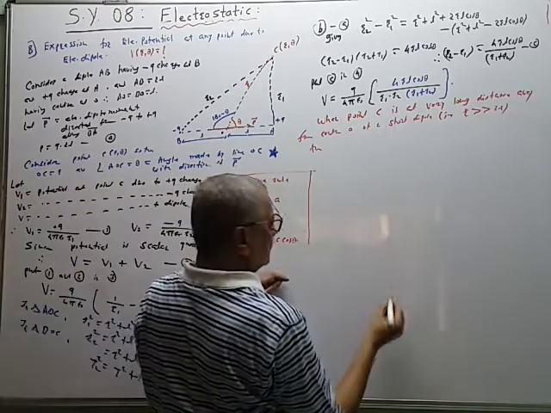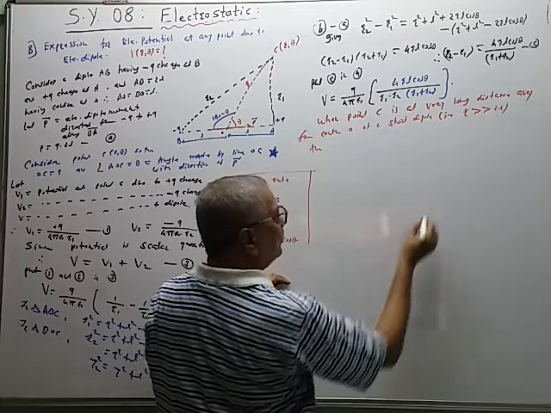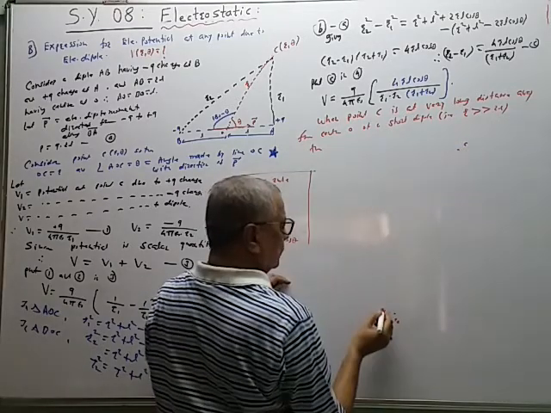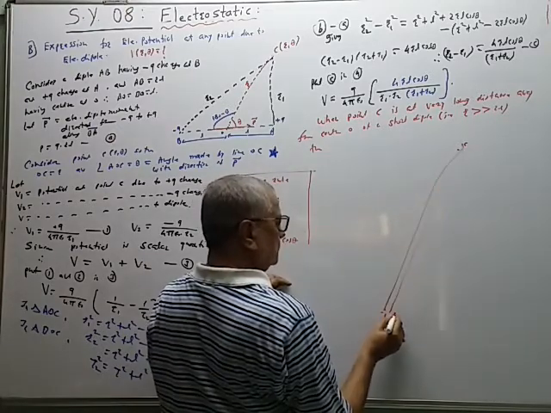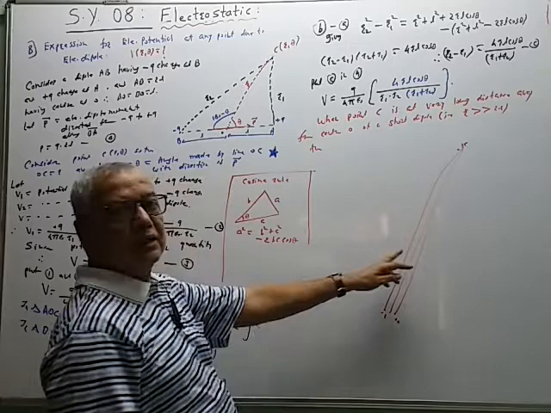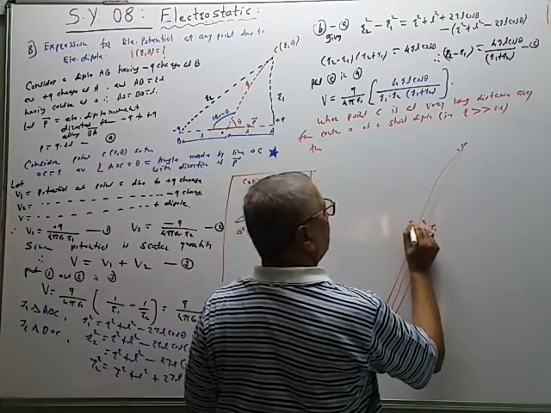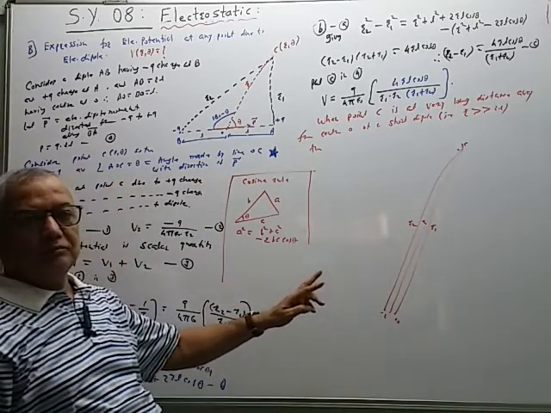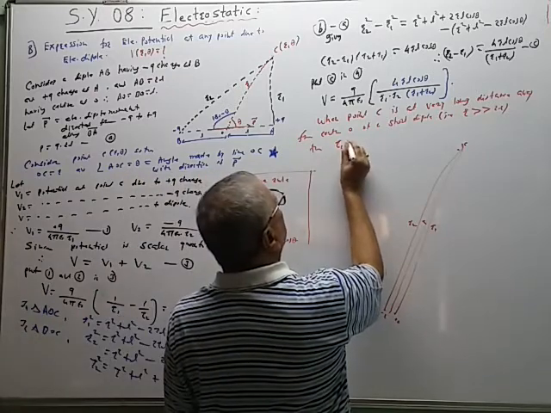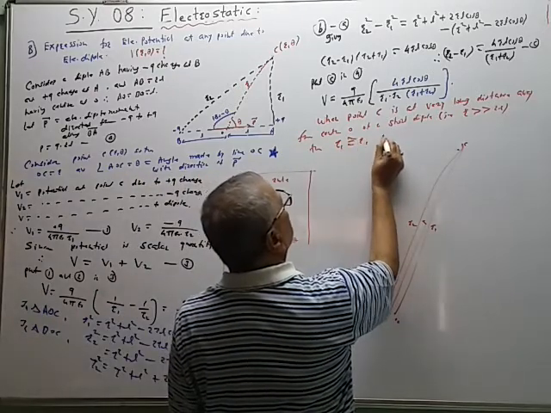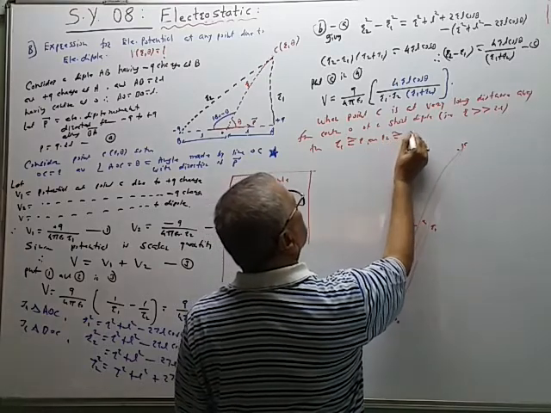So under this condition the situation will be like this. This is minus Q, this is plus Q, this is center O, and this is the point C. So join all these lines like this. So they are nearly equal. R1, R and R2, they are nearly equal, not exactly equal. So the approximation is like this. Then R1 is approximately equal to R, and R2 is also approximately equal to R.